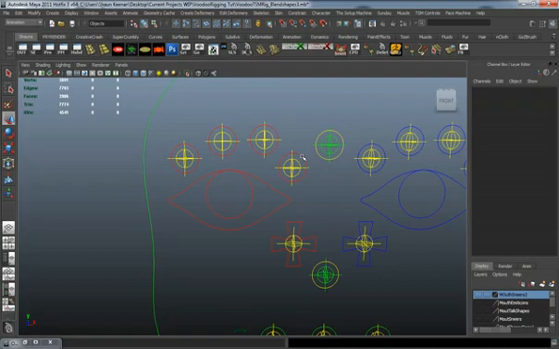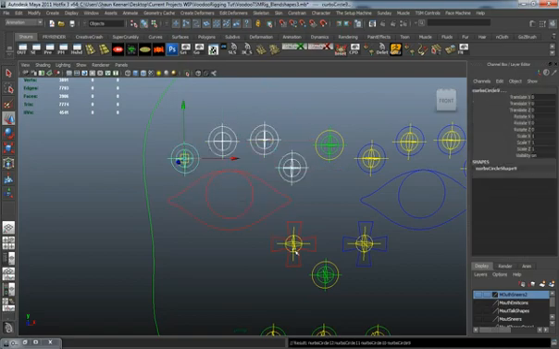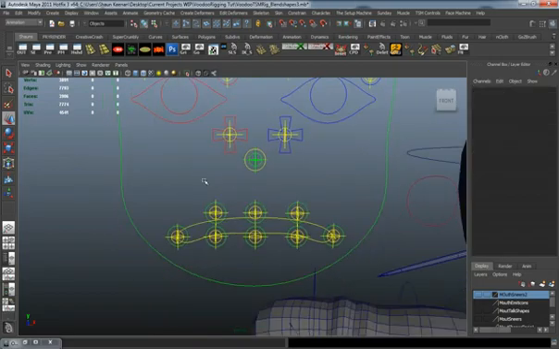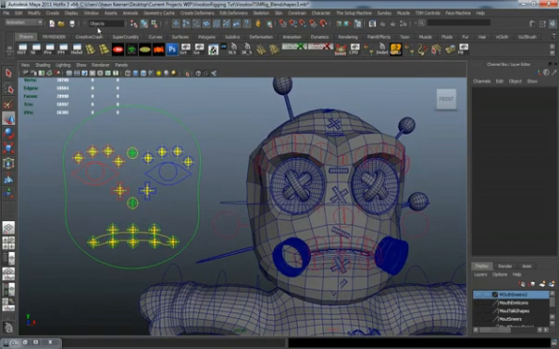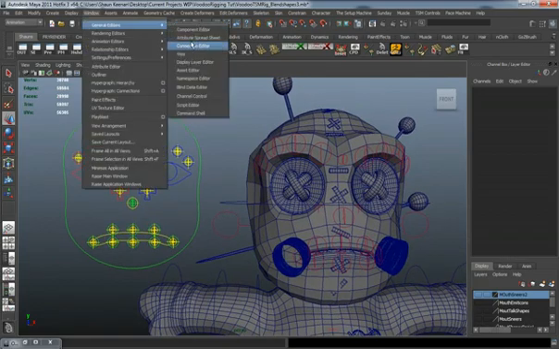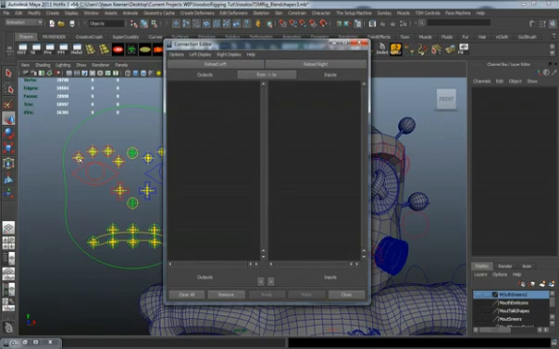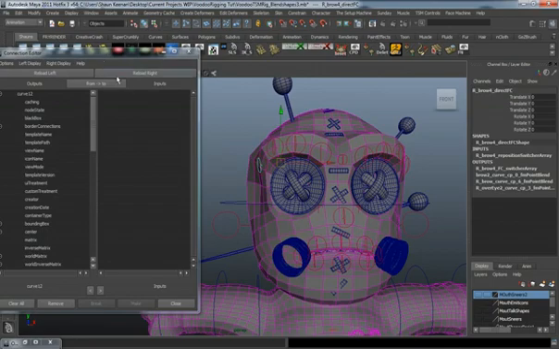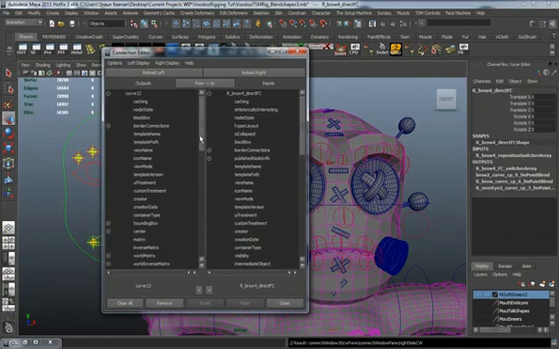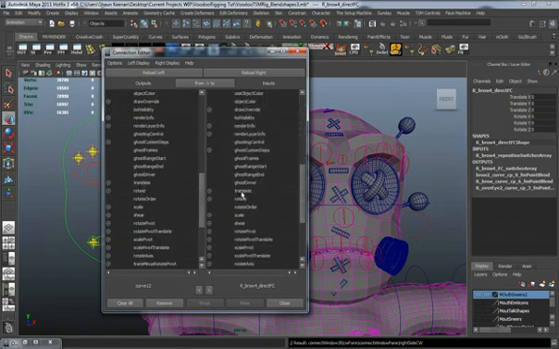Only because if you use parent constraints, it tends to get a little bit wonky. But if we use the connection editor, it's just simply going to connect the channels that you need without really any constraints. It's not really making and putting any extra constraints in the rig. It's just basically a parenting convention,